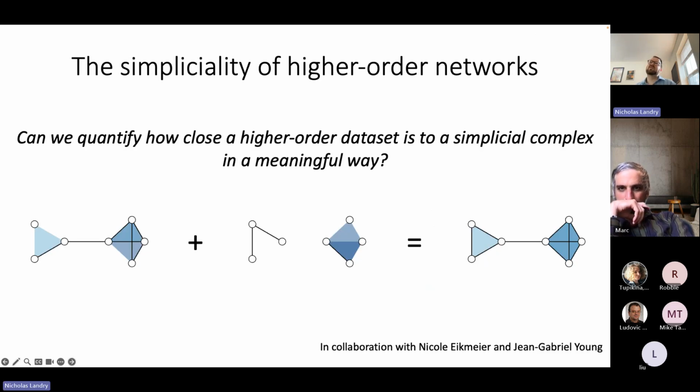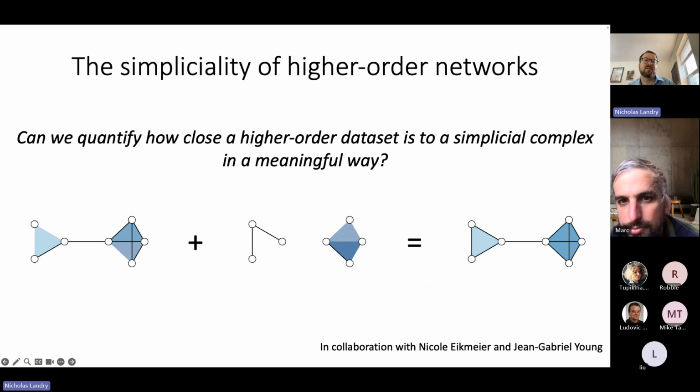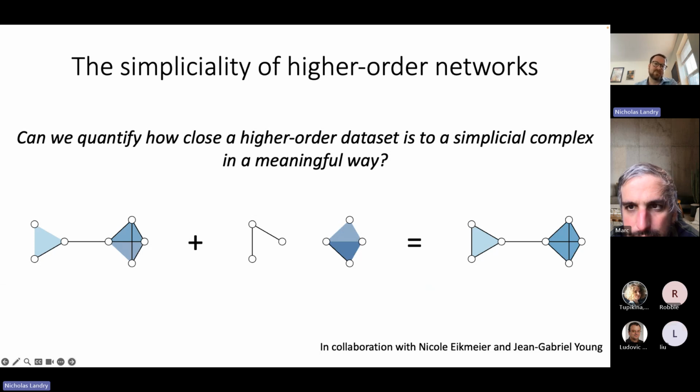So the second thing was we said that edges can now include one another. And I argued that data sets may be more or less like a simplicial complex. This is in collaboration with Jean-Gabriel Young, my postdoctoral advisor. He actually was here 3 weeks ago. So I guess I'm representing Vermont yet again. And also Nicole Eichmeyer. And just as an illustration here, we see on the left-hand side, this is a hypergraph. And we illustrate that if I add these missing edges, these missing sub-interactions, then I create on the right a simplicial complex.